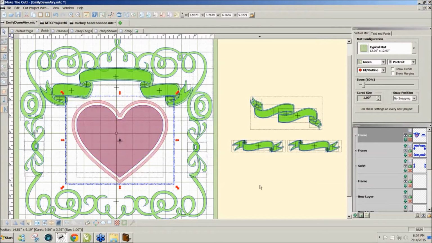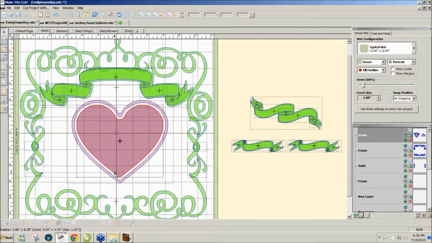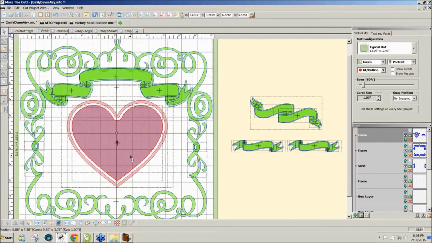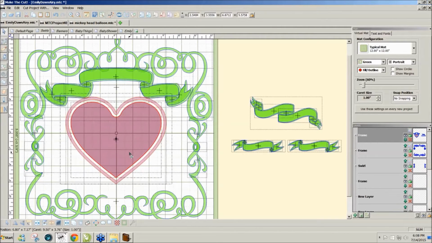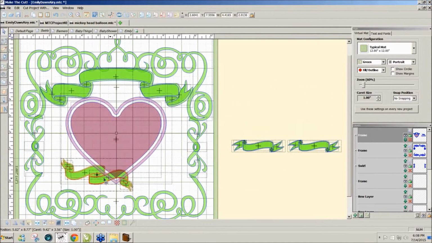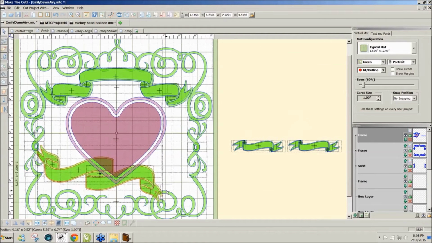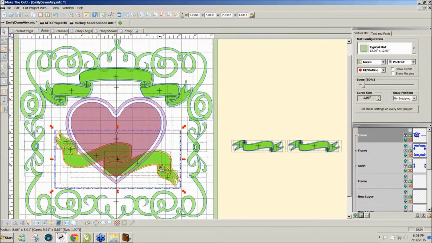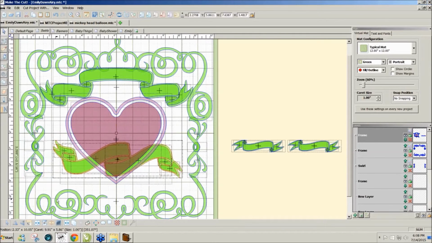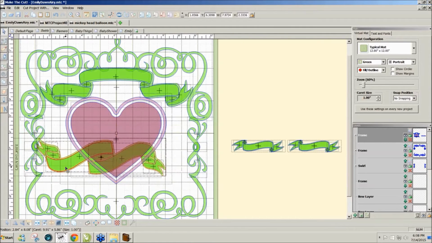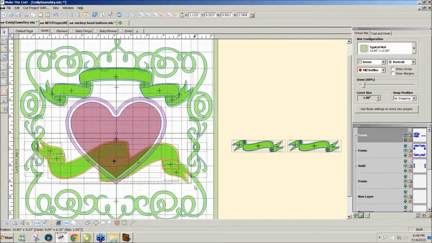And then that gives me a heart inside to use with the name. You can make it as big or as small as you like. I like to just overlap it with the edge of the tag there. And then I can add another tag here, resize it. It can be big or small, it can be rotated as you like. And I'm just arranging these so that they